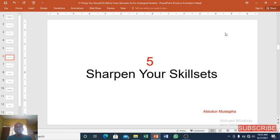languages. So you can sharpen your skill set in terms of writing, in terms of digital platform management, in terms of pushing out trainings. Just sharpen your skill set. Attend trainings, whether for free or paid, that would enable you to do better. And part of the way you can also sharpen your skill set is by reading books. By reading books, you learn vocabularies, you boost your brain, you boost your mind, and you are able to develop